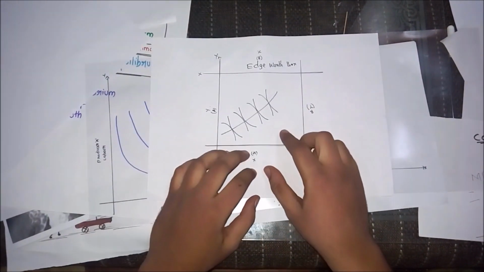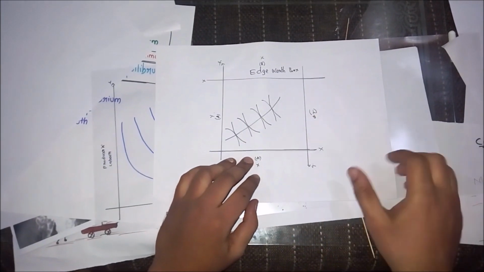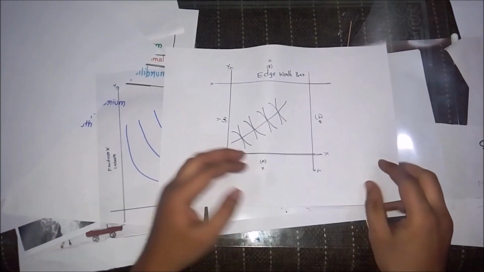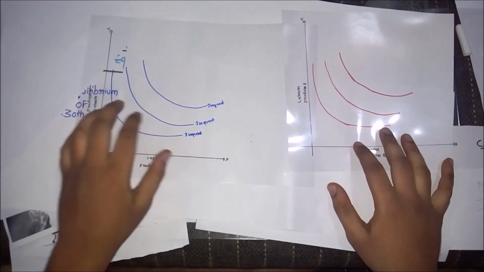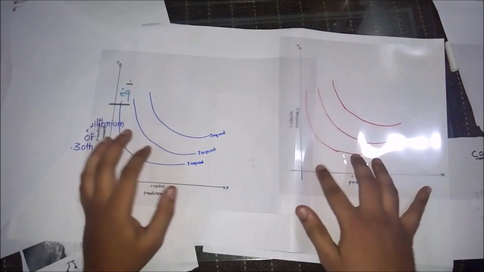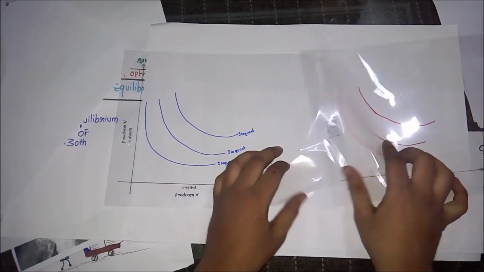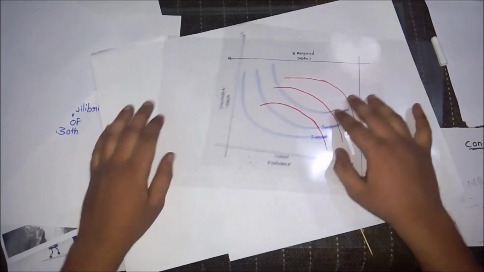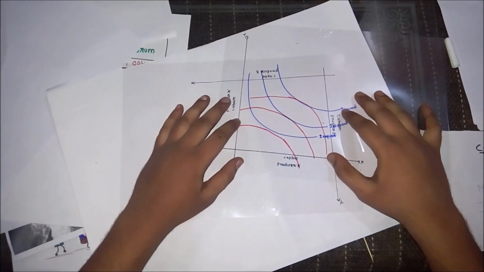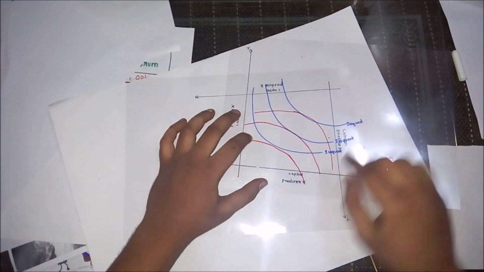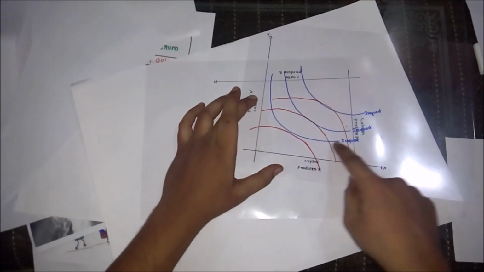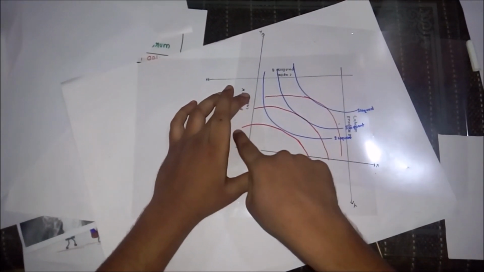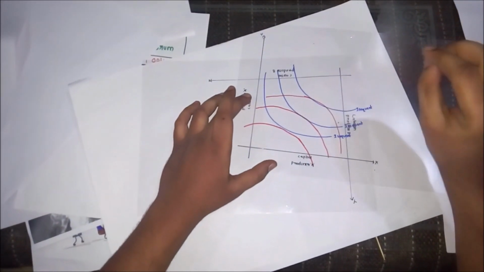Now when you look at the Edgeworth box, you might be confused, how did we get this? Now let me make it very simple. How are we supposed to make Edgeworth boxes? Here we have producer A's preference curve, which is known as the isocost curve, and producer B's. Now we have to join them in this manner. Now when we join them, producer A's curve is in blue color, and producer B's